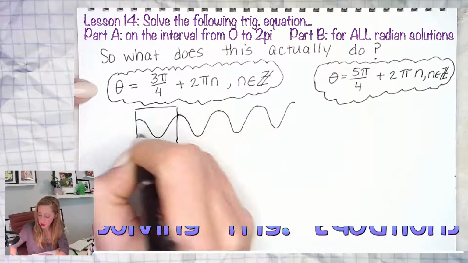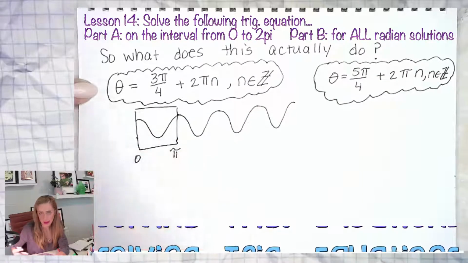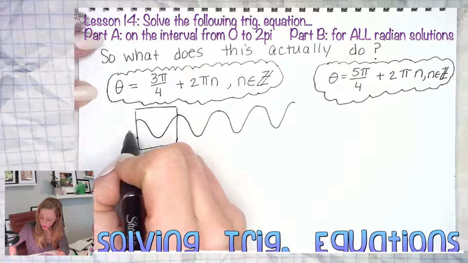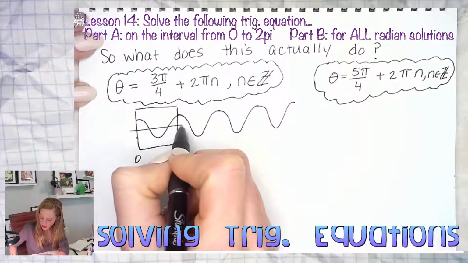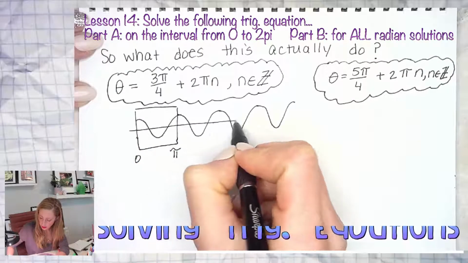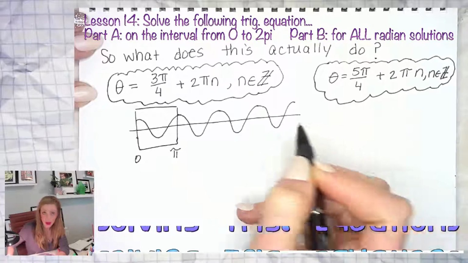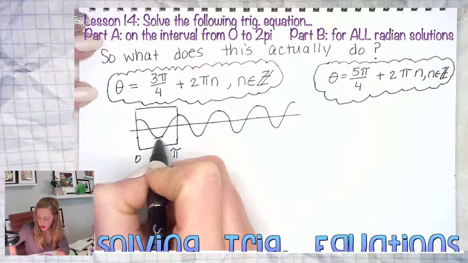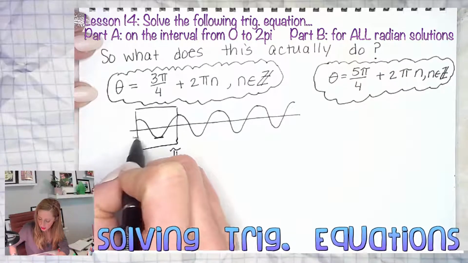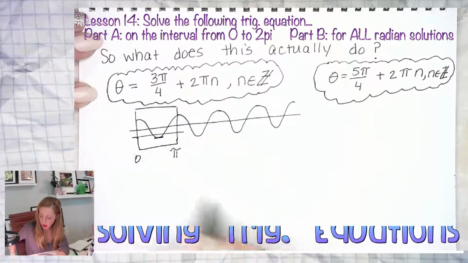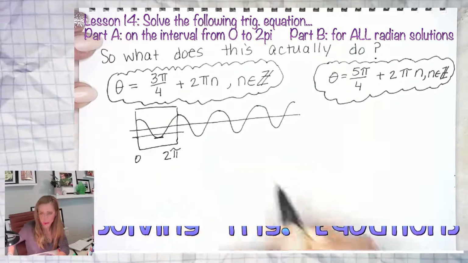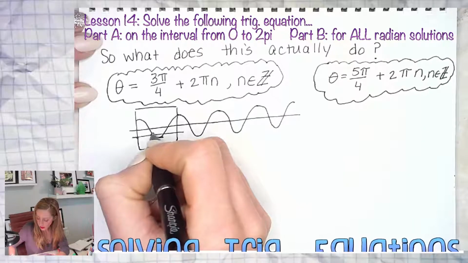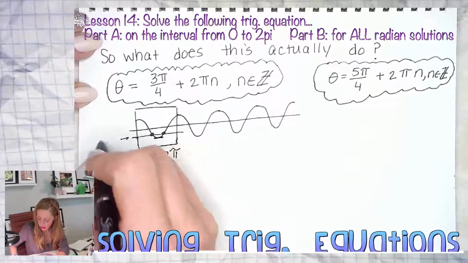But if I ask you, when does cosine equal negative radical 2 over 2? Well, the middle of it right here, this is where cosine equals 0. If I wanted to know when it equals negative radical 2 over 2, that's going to be about negative 0.7. Down here, this is negative 1. Negative radical 2 over 2 is somewhere over here. So between, oh, that shouldn't be pi, I'm sorry, 2 pi. So between 0 and 2 pi, it equals negative root 2 over 2